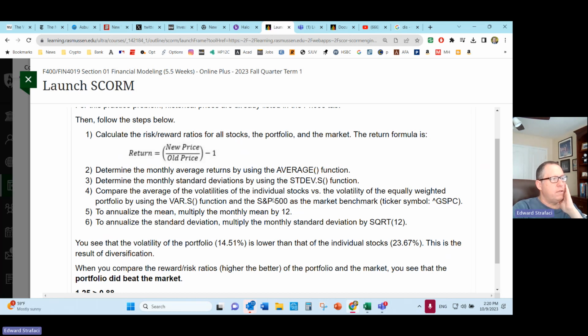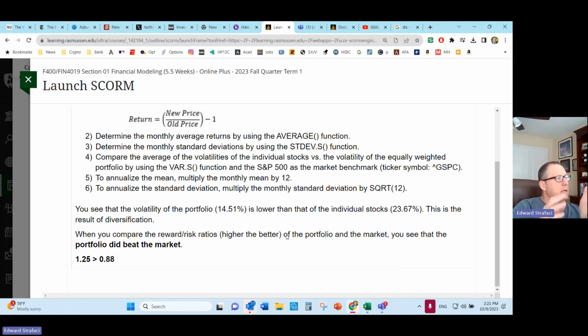Compare the average of volatilities of the individual stocks versus the volatility of the equally weighted portfolio using the VAR.S function and the S&P 500 as the market benchmark. To annualize, simply multiply the average by 12. To annualize the standard deviation, multiply the monthly standard deviations by the square root of 12. You'll see that the vol of the portfolio is lower. So what we're saying is, once we put stocks together, we can lower our risk or our standard deviation through